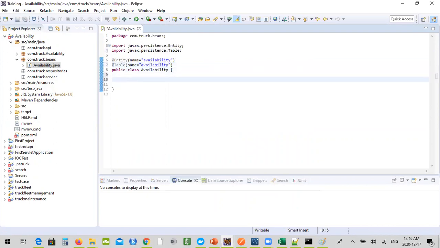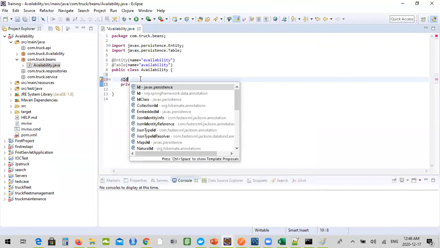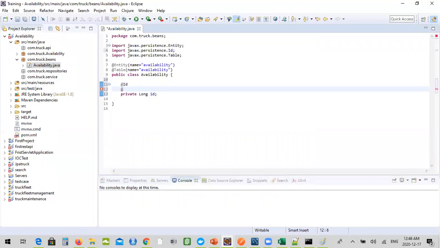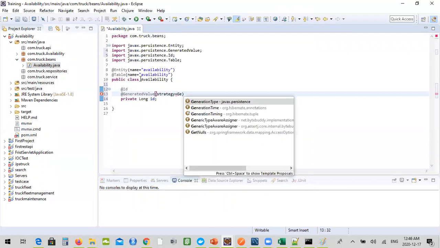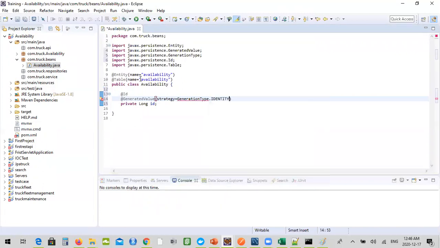Right, so I need an ID for this, private long ID, @Id, @GeneratedValue, strategy equal to GenerationType.IDENTITY. Right,